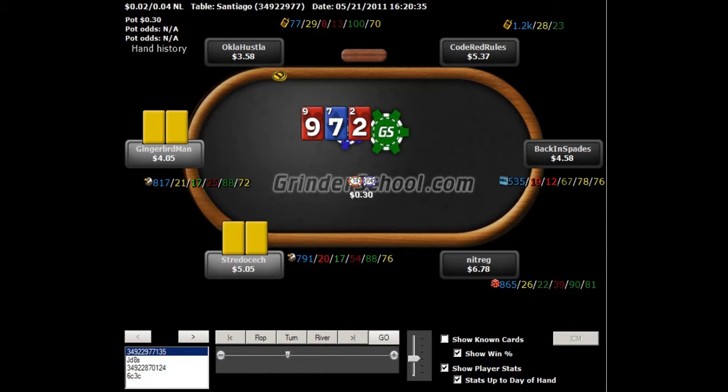Alright, he flops a very good draw. He flops 2 overcards, gut shot draw, flush draw. Usually when you guys see this board, you are in a very good mood. Decisively so. Alright, so what Gingerbread Man does compared to what we should do instead: Gingerbread Man raises it up